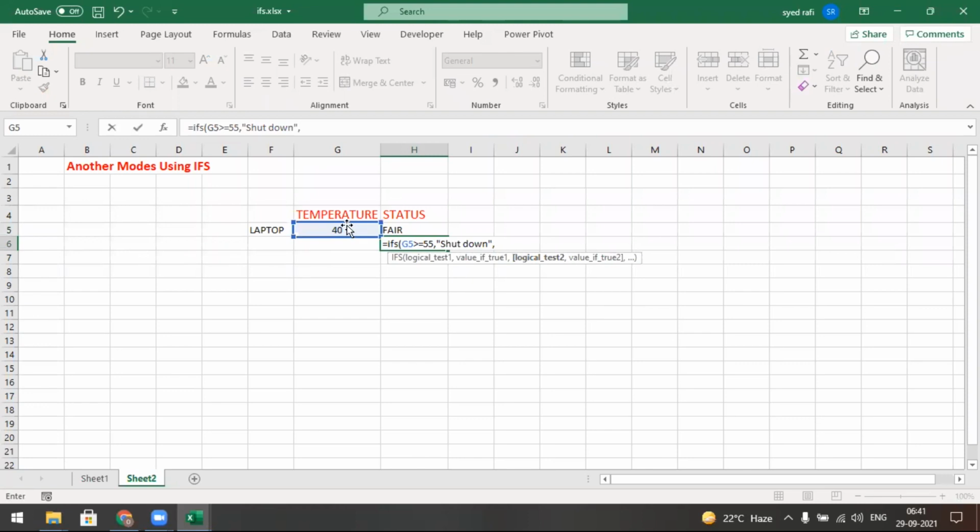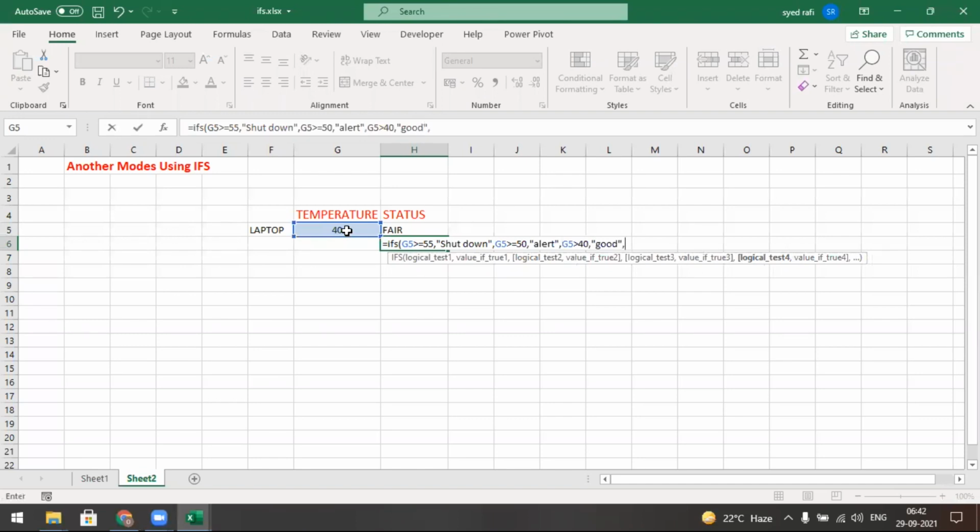Again you select this one and say greater than or equal to 50, whatever it may be, you may give any value. Now it will display alert. Like this you may give comma, and also select the cell and say 40 or whatever it may be and say good.